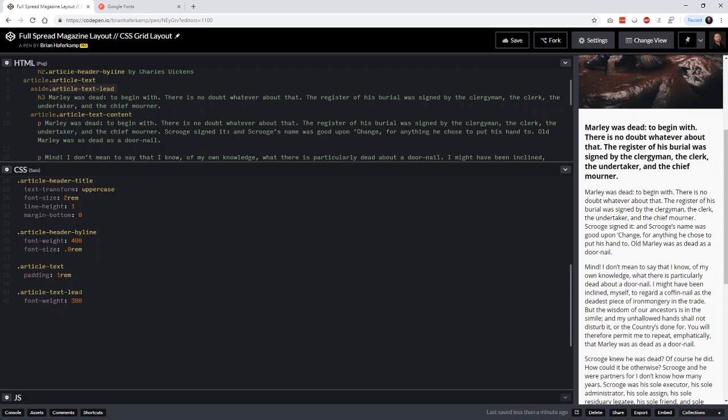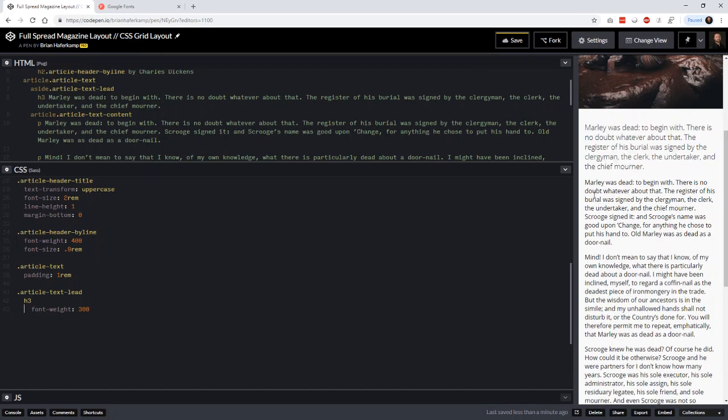Ah, I see, because we put it on the div. You see, we've named the div, but we didn't name the H3. So we have to go down and we have to make sure that we put that style onto the H3. Okay, so now we get it. What happened was I was just applying it to the div, and you can't apply a font weight to a div element. So you have to